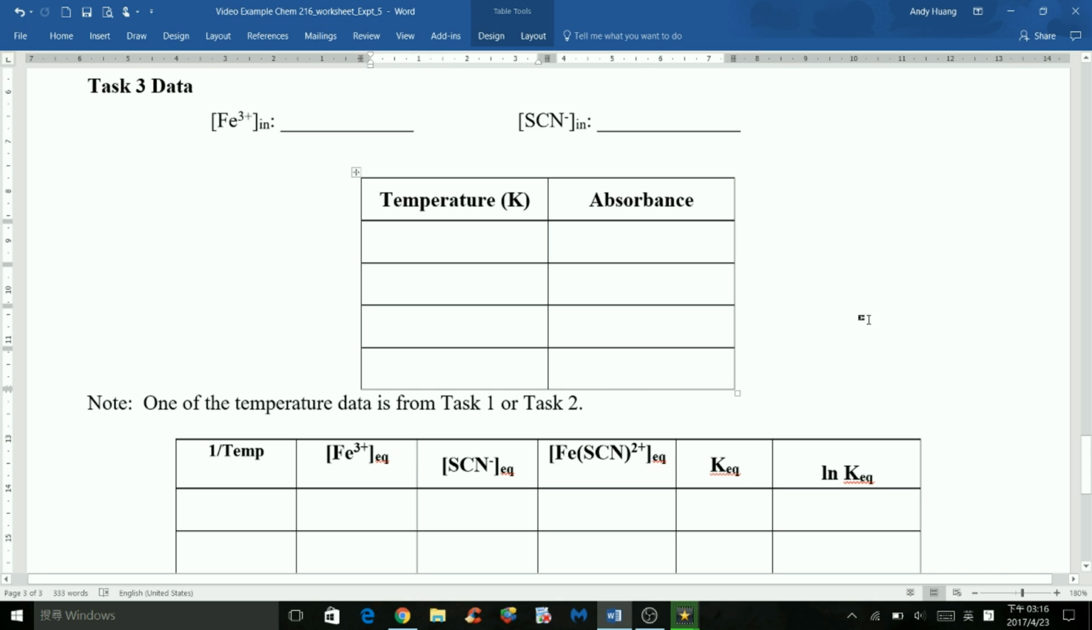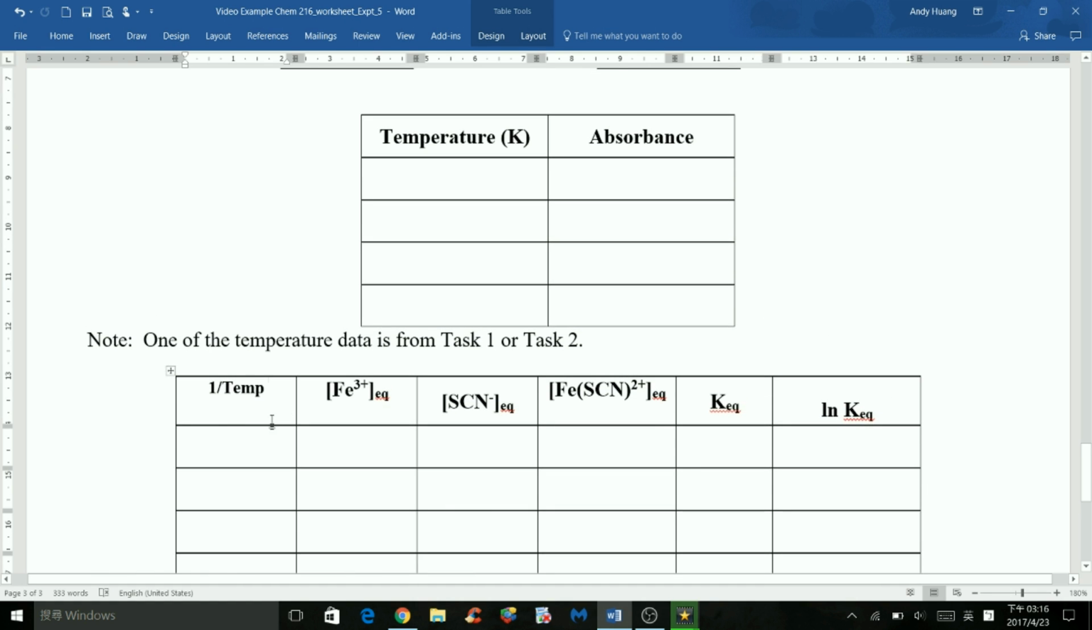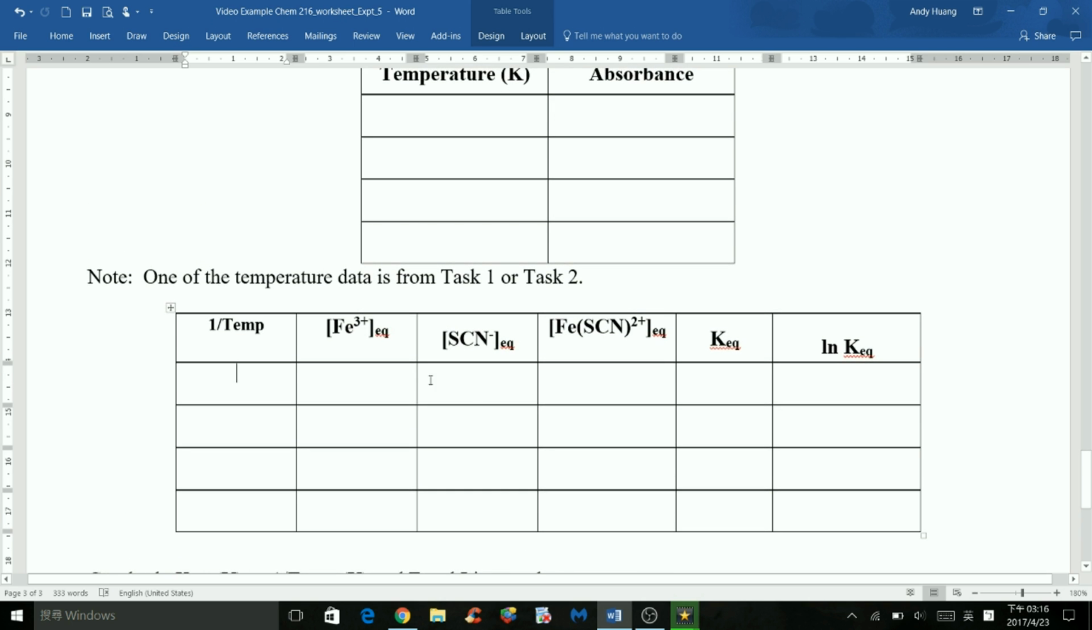Record the absorbance that you measured from the spectrophotometer here. This is 1 over T. Make sure you include the unit, which is 1 over K, and 1 divided by whatever values you have here, 4 of them. And the next thing you need to do is, just like task 2, look for the equilibrium